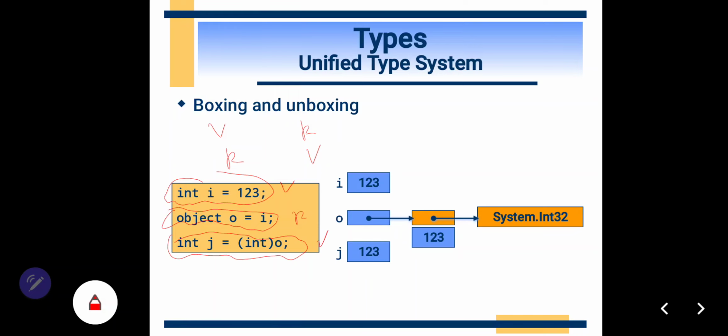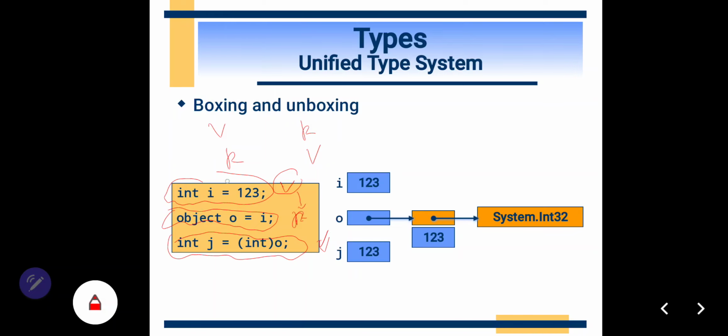If you want to convert from this value into reference, this is boxing. Whereas if you want to reverse from this reference into value, this is called unboxing.